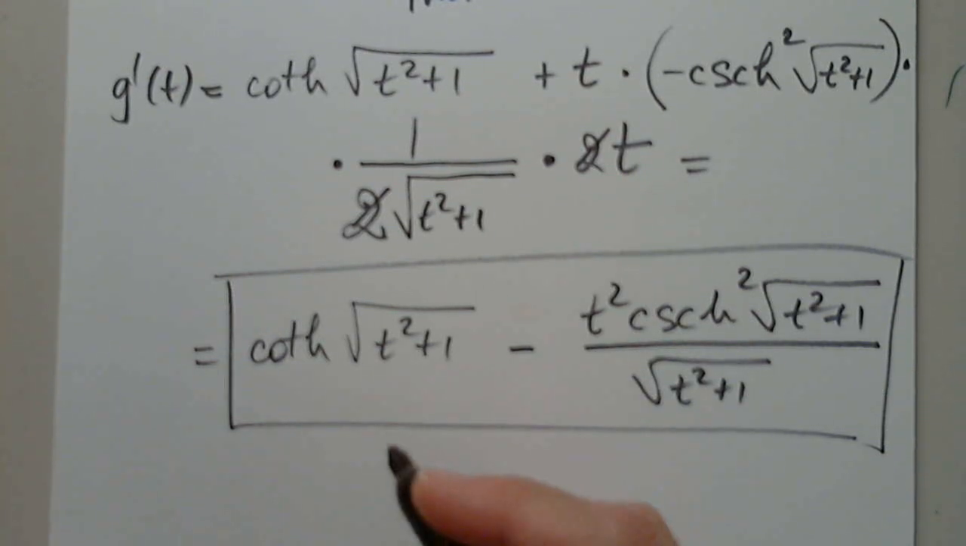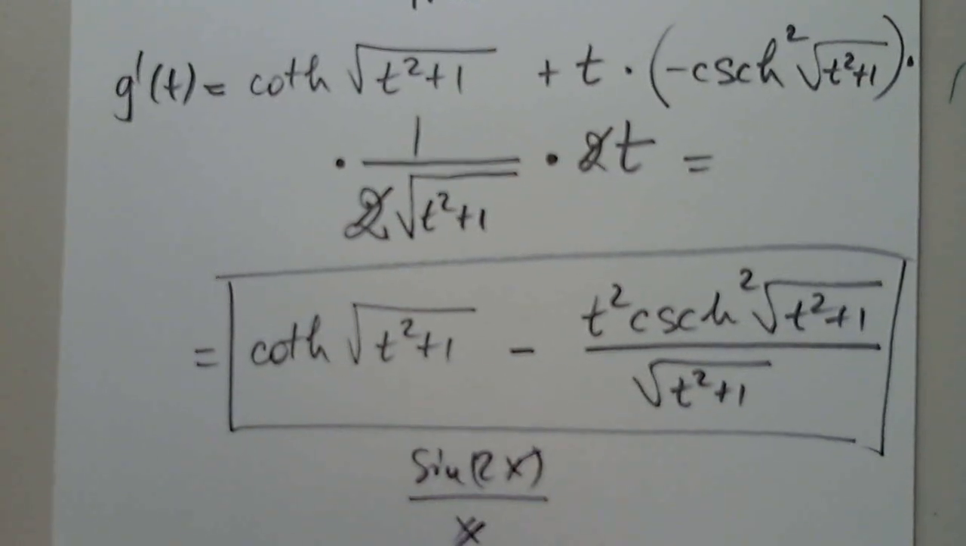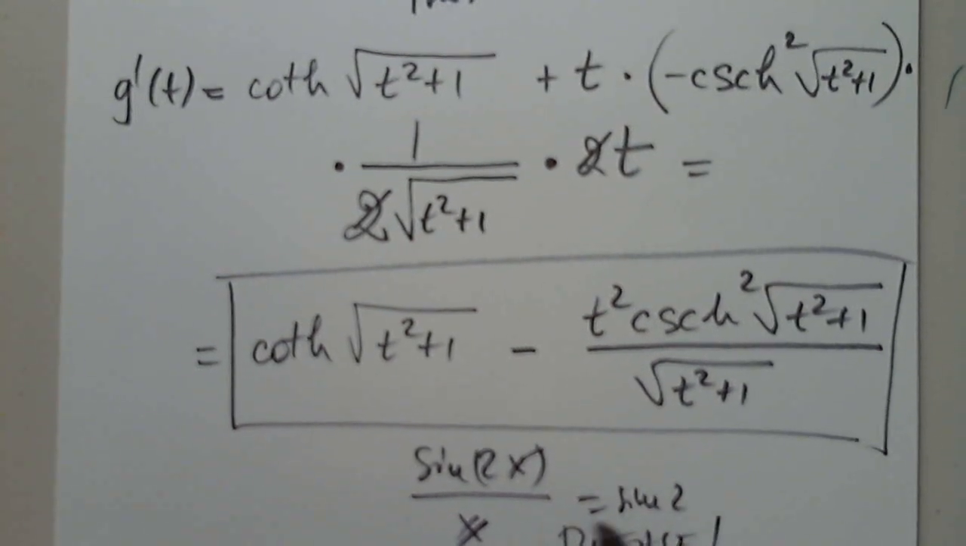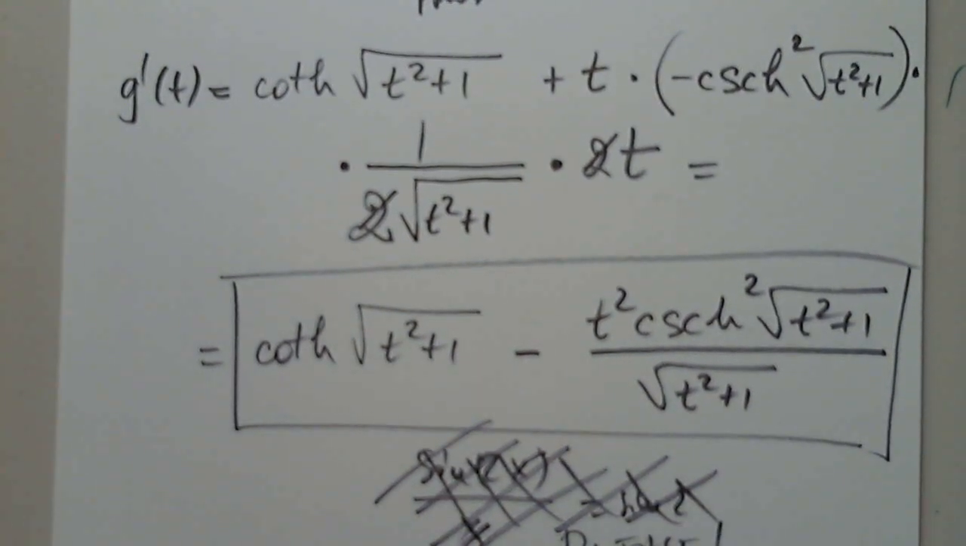I've seen students writing something like this: sine 2x over x, they simplify the x and they get sine 2. Please. This is the argument of a function, and it happens to be the same thing outside. I have another little